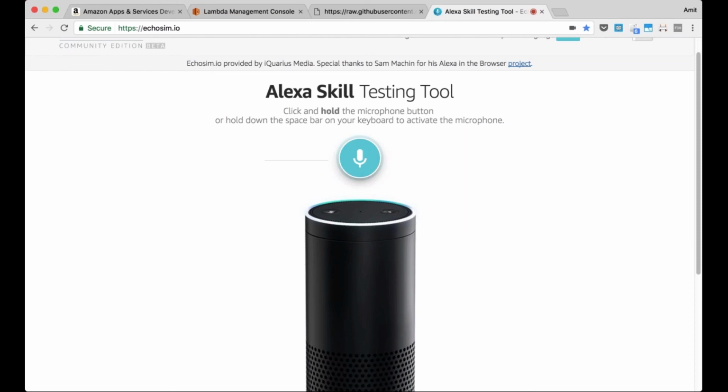So let's try this here. Open Flatiron School. Here's your fact. Venus rotates counterclockwise, possibly because of a collision in the past with an asteroid. All right, so that's another way that you can actually test Alexa skills.